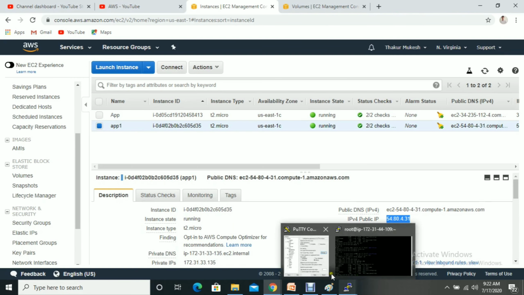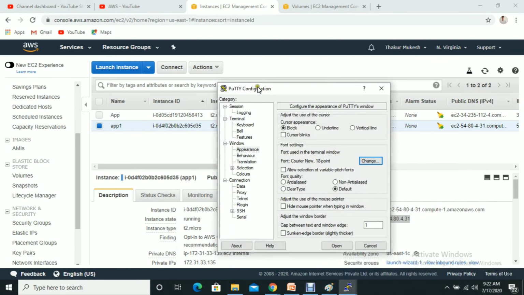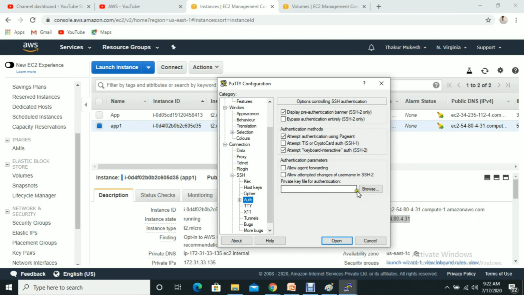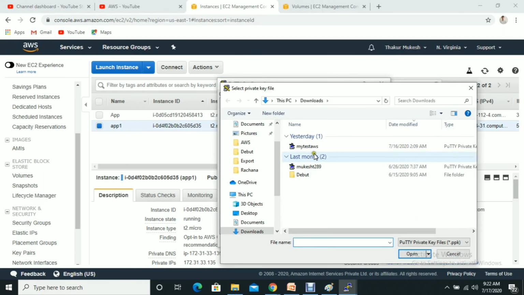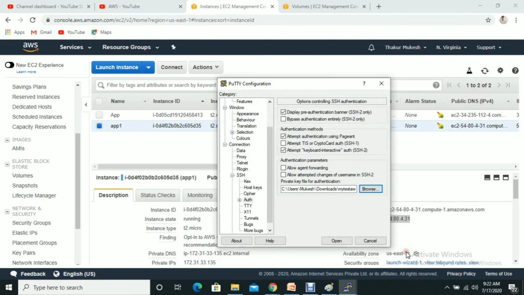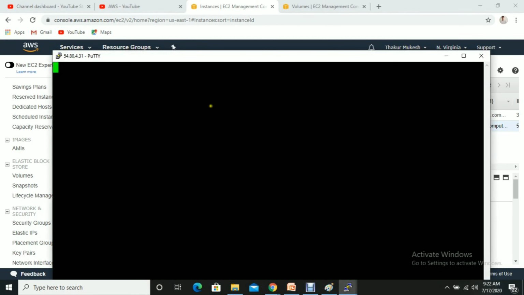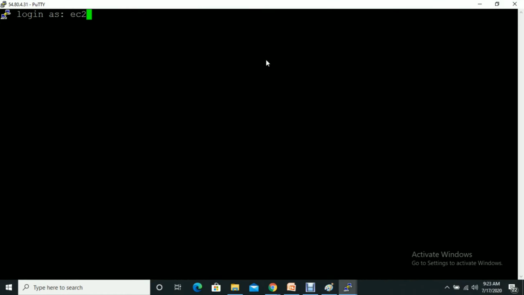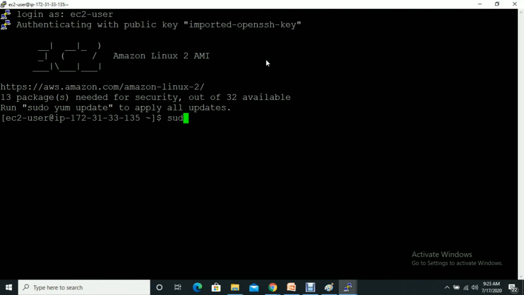Go to PuTTY, paste your IP here, and then go to the SSH section, click on browse, select your PPK key file, and then open. Yes, now click yes. Here you have to give your username, so ec2-user. Fine. So it's connected.